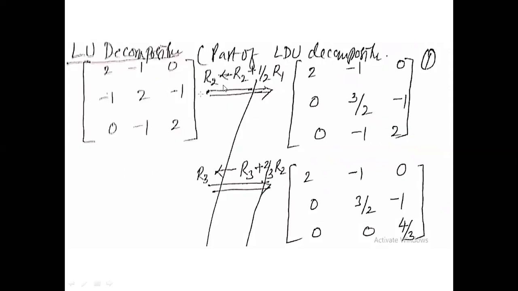We'll first do the first row. What is the aim here? The aim is to convert this matrix into an upper triangular matrix. That means it should have these diagonal values, and all values below the main diagonal should be 0. So the aim is to make this -1 a 0, and this -1 a 0. We don't have to worry about this factor, it's already 0. So the first step I do is R2.